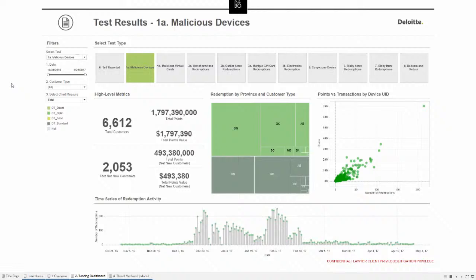Because as I said before, I think one of the real challenges that we struggle with in analytics is how to tell the story back to people who aren't familiar with the underlying analytics. And this is how we chose to approach it in this case. So malicious devices, what does this mean? This means that